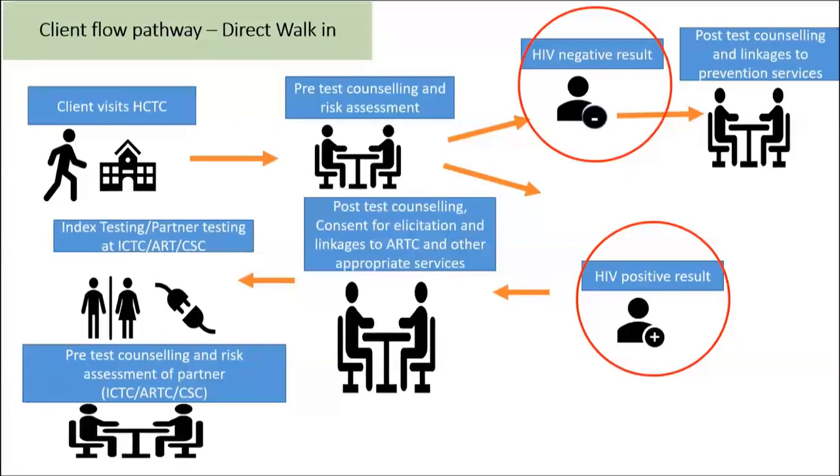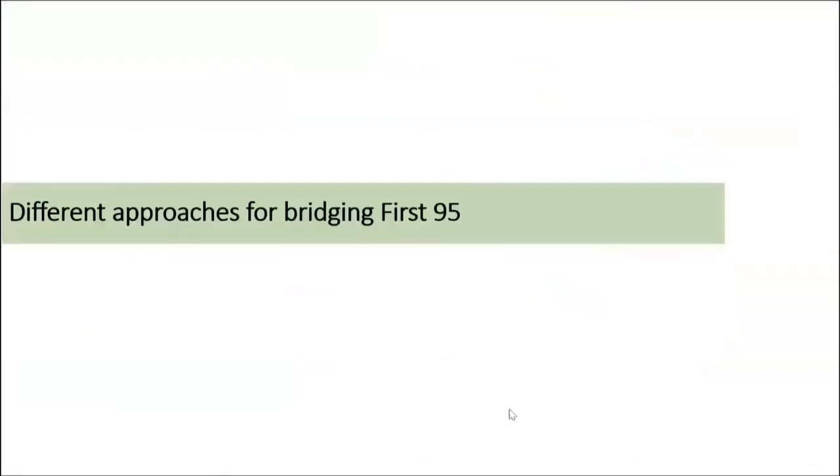Again, I will say it's not the job of ICTC only to do the index testing or partner testing. It can be done later on at any ART center or care and support center also, as per the client's acceptability and comfort. And then pre-test counseling and risk assessment of the partner also can be done at both ICTC or ART center, wherever it is possible. So this was all about the different client flow pathways once we adopt these revised categories and revision in